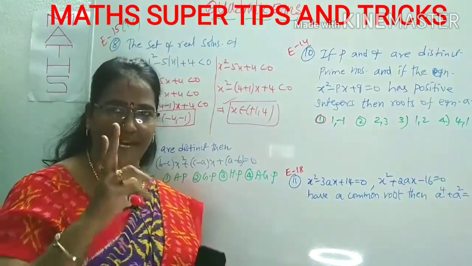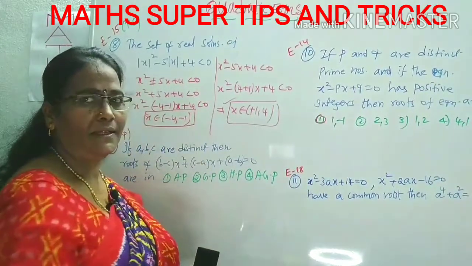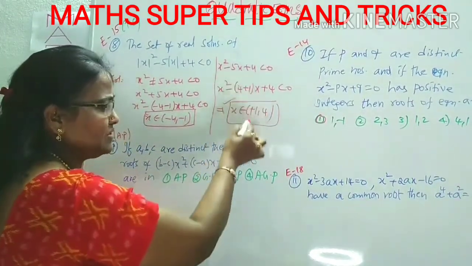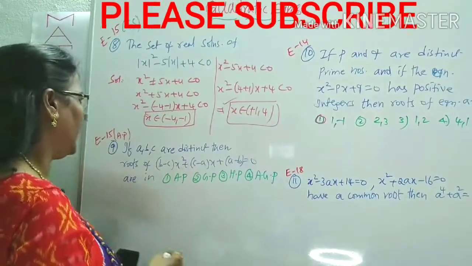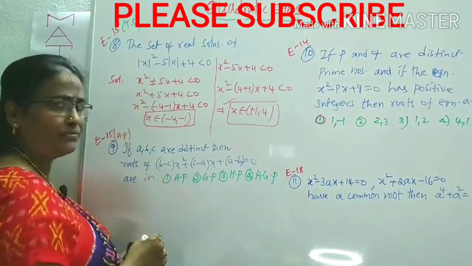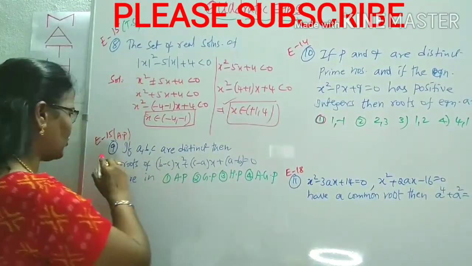If one is rejected, automatically the other will be true, because a quadratic equation must have 2 roots. Is it clear? So minimum 2 roots, but this is an inequation, so more than that also it will be. This was given in MSET 2015 in TS state. Now we'll come to the next question.